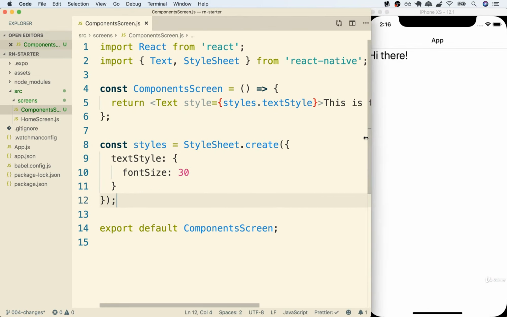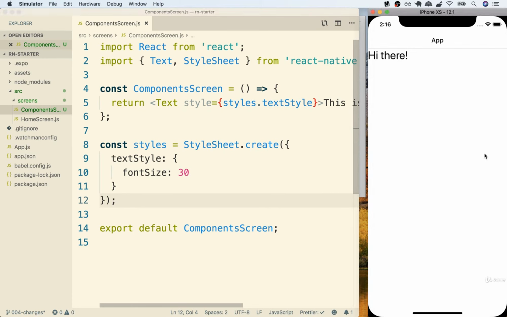Now if we flip back over to our device, you'll notice that nothing on the screen over here has changed. So just because we created a component file doesn't mean that anything about our project is going to change right away. Instead, we have to make sure that we tell React Native that we want to show this component on the screen somehow. So let's take a quick pause right here, and we'll tackle